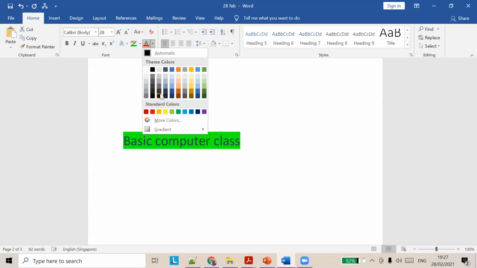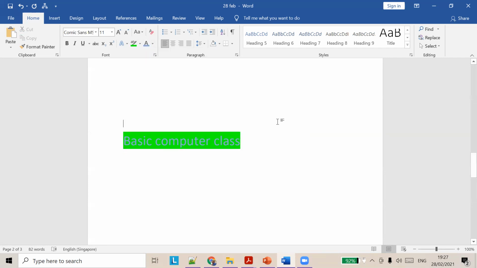We'll say dark blue. So we can have different color sets for all these fonts. Any doubts in this? I'm going to move on to the next topic.